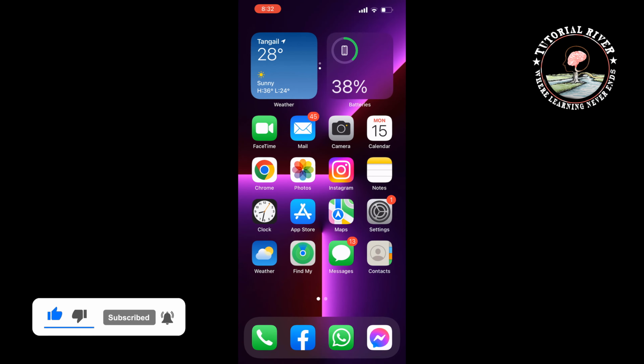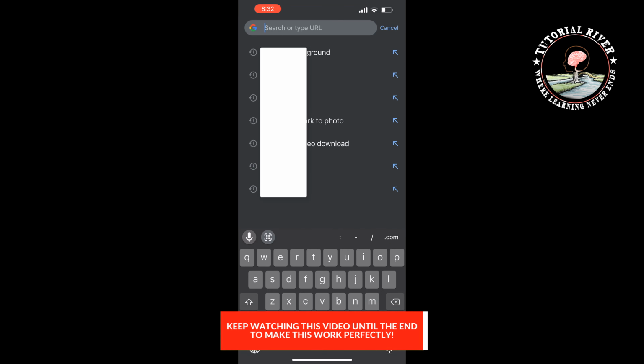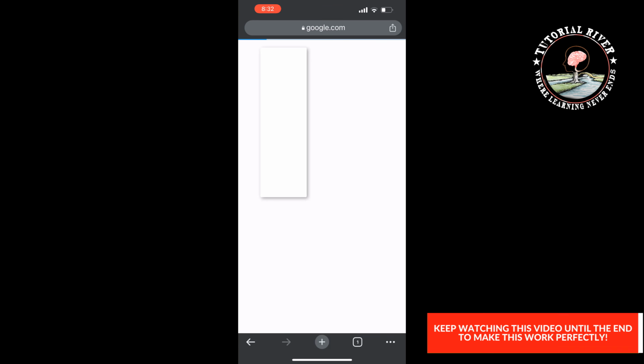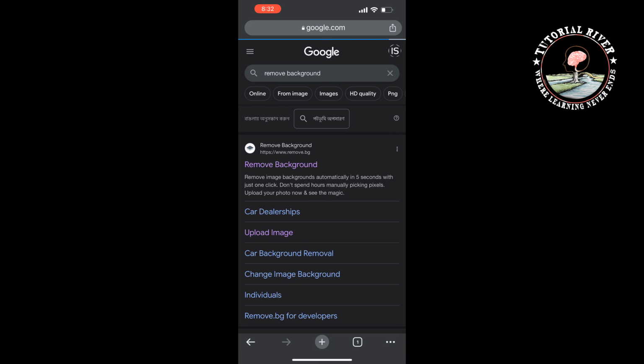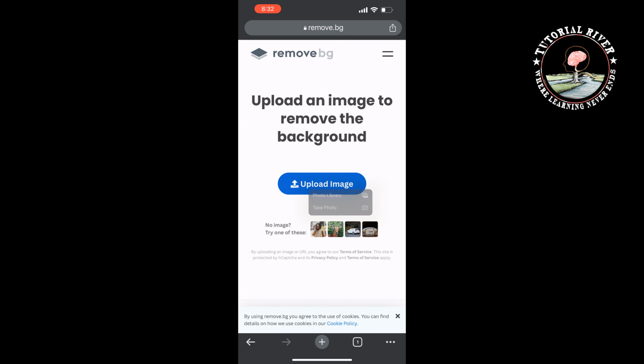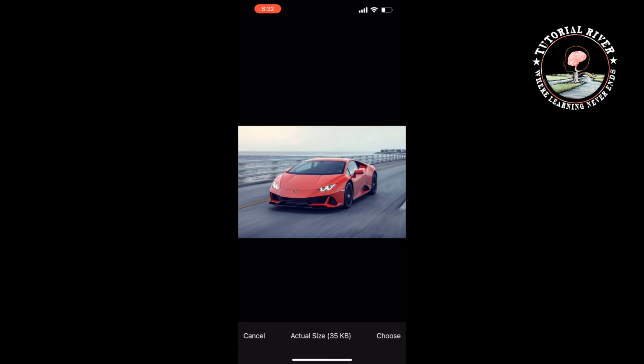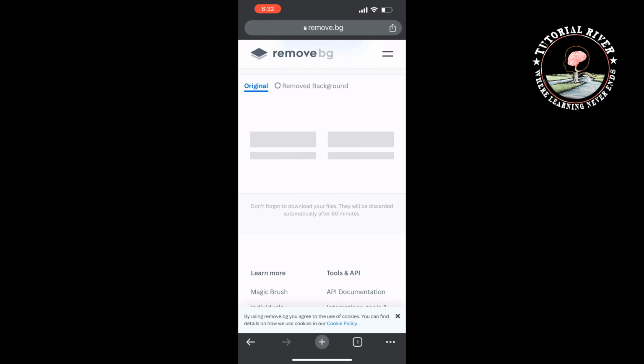So first of all, open your browser and type here remove background and open the first website remove.bg. Once you are in this website, click on upload image, tap on photo library, and I'm going to select my photo here, choose,